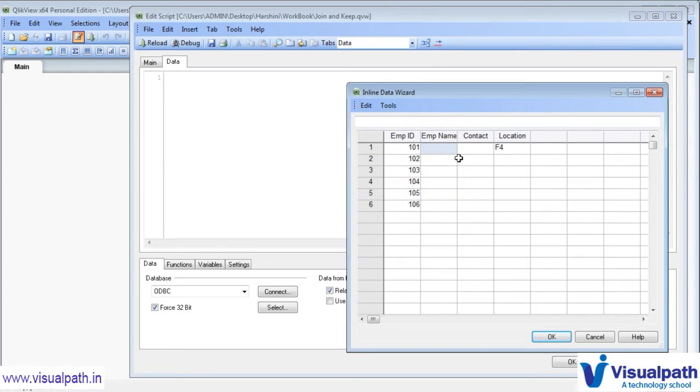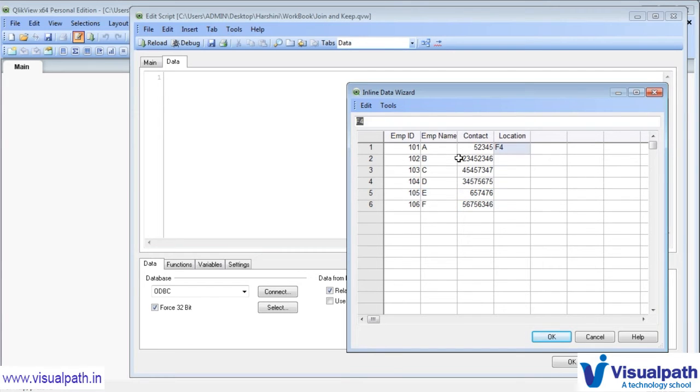If I take the names, let's say A, B, C, D, E, F, and there are some dummy contact numbers, any number just for our test or learning.